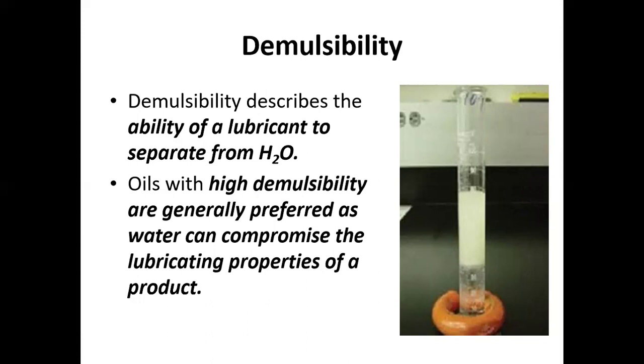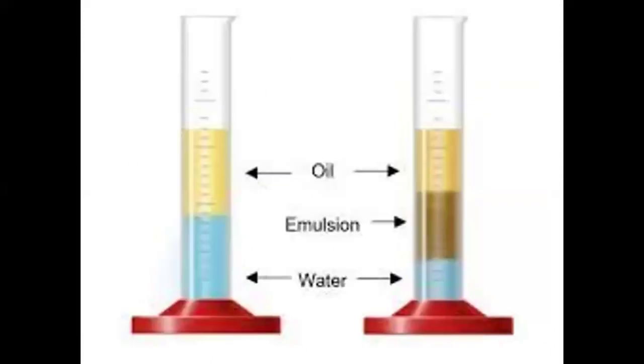That only means that your water and your oil will never mix, whatever you do to it. That's why after shaking, you can see that the oil is on top and the water is at the bottom. Now, what will happen if there is no demulsibility or no demulsifying agent, as we discussed in additives last time? With a demulsifying agent, we can see that the oil separates from water. However, if there is lower demulsibility or none at all, the tendency is that your oil and water will partially mix